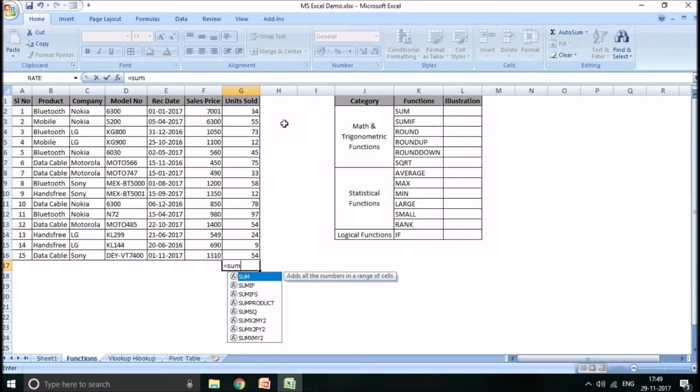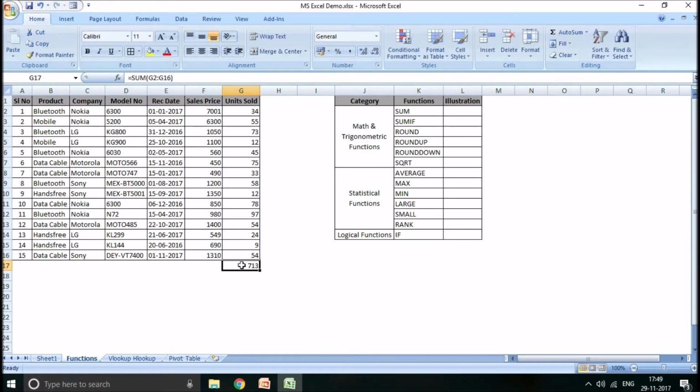Once you start typing, all the functions that match that spelling are listed. Currently we are doing sum, so you can see sum, and you can either select that or type manually. I'll open a small bracket, drag and select the entire range, close the bracket and then enter.